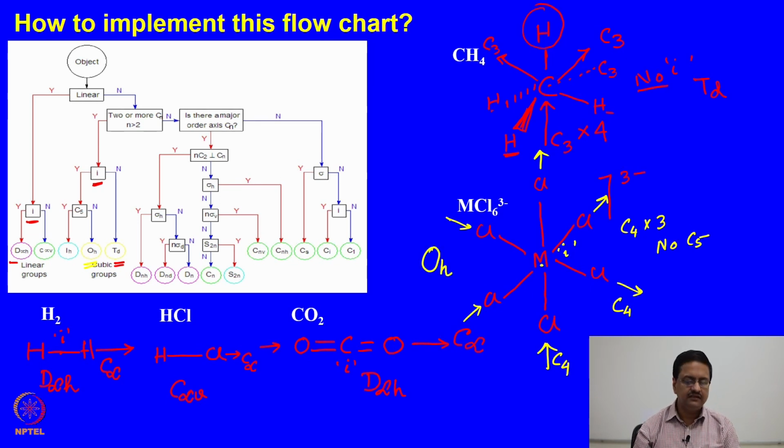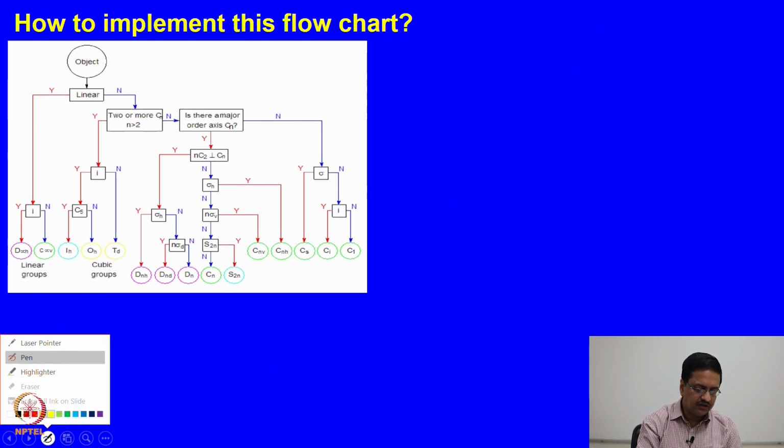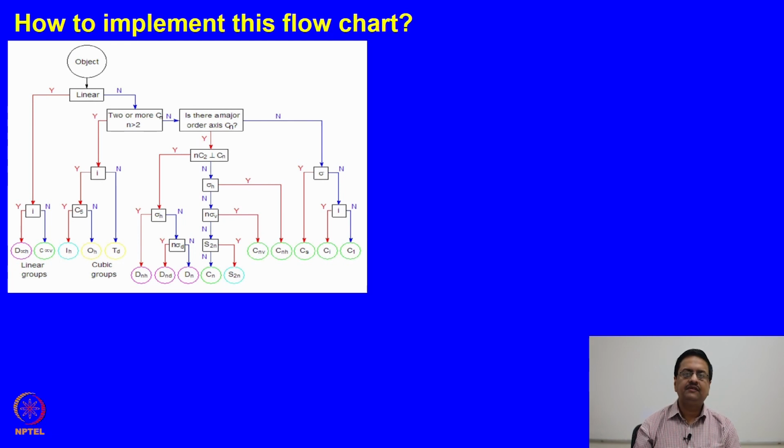Remember that this is one of the very high symmetry point groups. Now, let us try to draw a few small organic molecules and try to find out their respective point groups. Here, what we should try to understand is that we are trying to draw the molecule in the plane, but of course, it is not a planar molecule